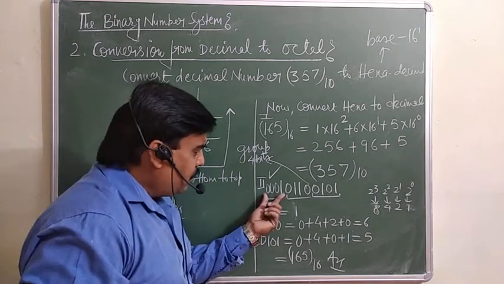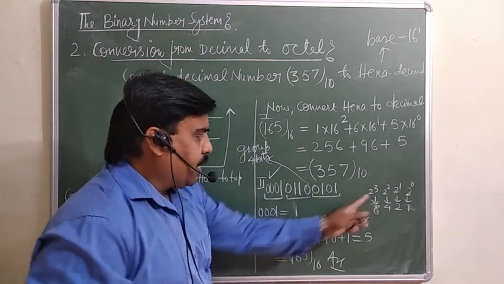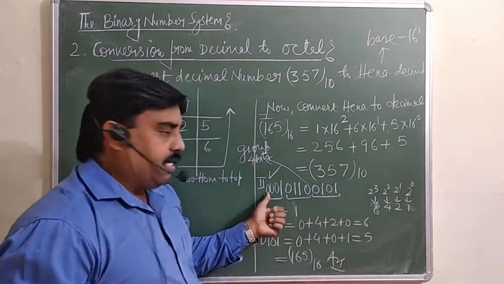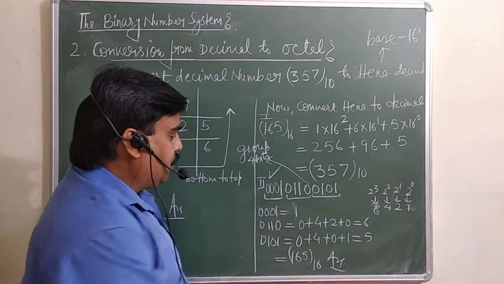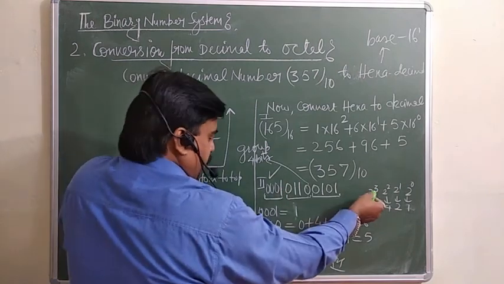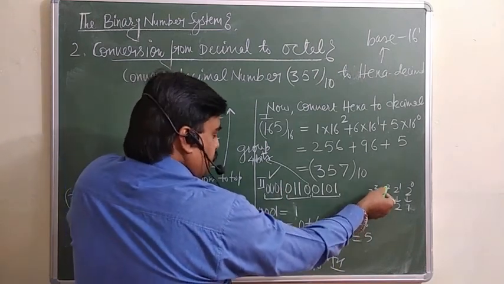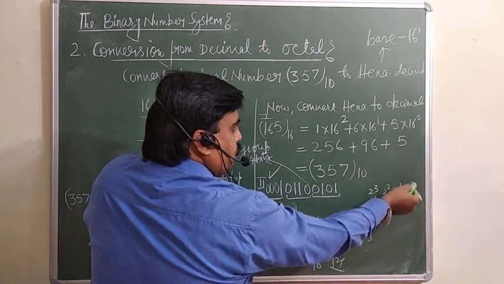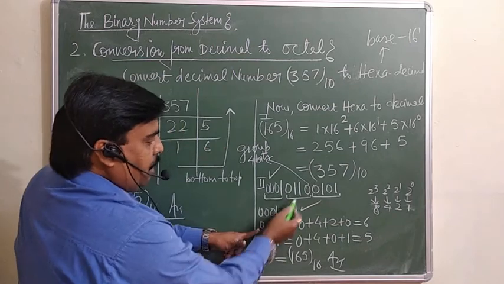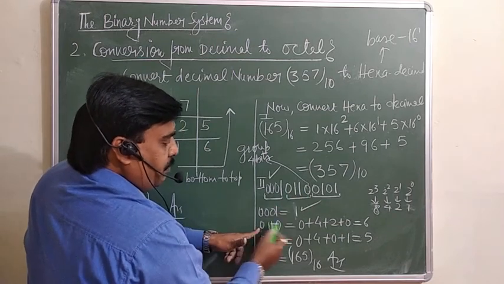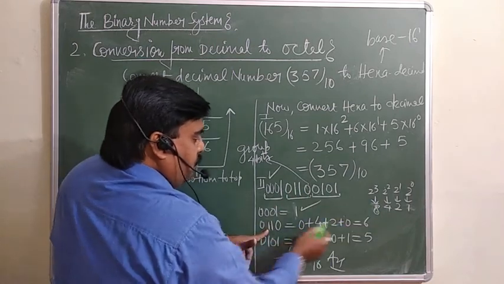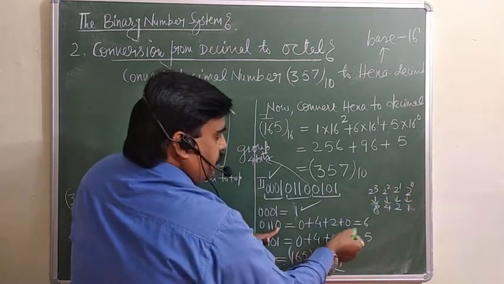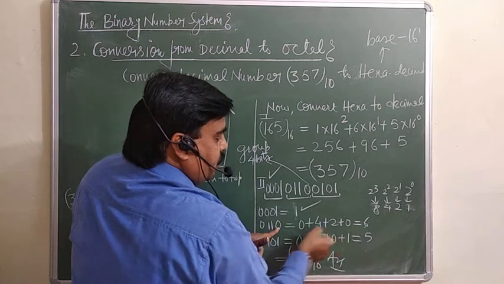Now for this number and this one, you have to use the same method. 4 digit है तो 4 तक लिखेंगे. 0 के लिए we will not consider, 1 के लिए we will consider. For 0, this one, 8 will not be considered. For this one, 4 will not be considered. 2 will not be, only 1 is considered. 2 raised to 0 is 1, so this is 1. Now 0 1 1 0, this one we will not consider. This one for 1 is 4, for this one 2, 0 is not considered, so 0 will be here. Sum of this is 6.